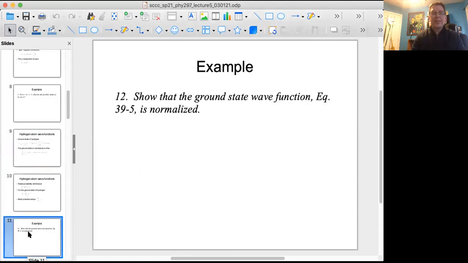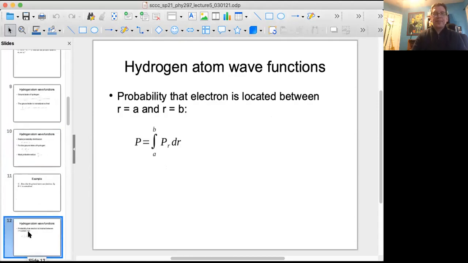And where was I? Okay. So the probability that an electron is located between r equals a and r equals b is just P equals the integral of P(r) dr. And instead of going from 0 to infinity, you're going from point a to point b, whatever those 2 points are. And so that makes the integral, I mean, you can still do this integral analytically. But